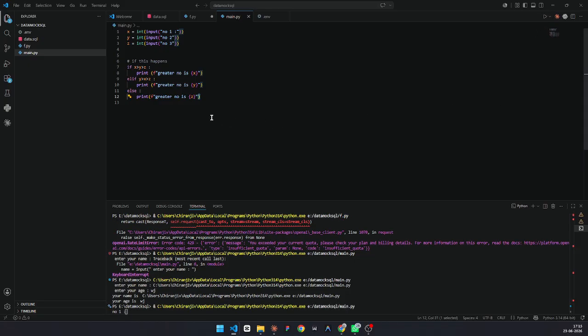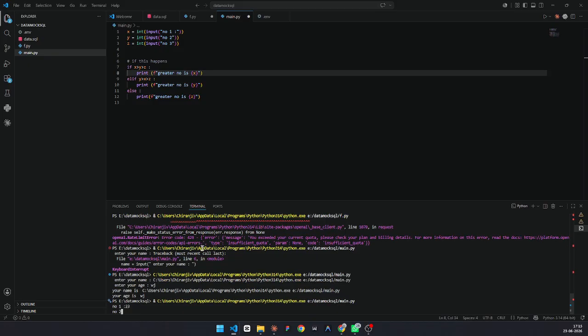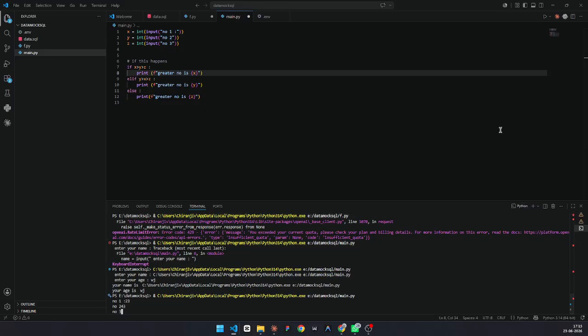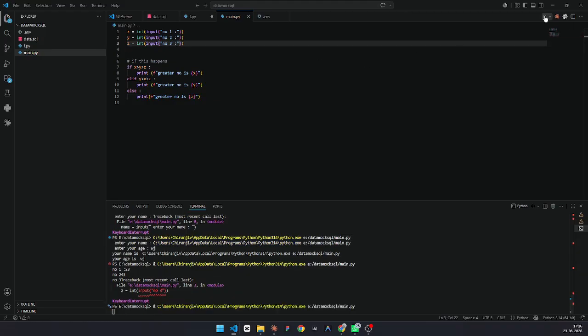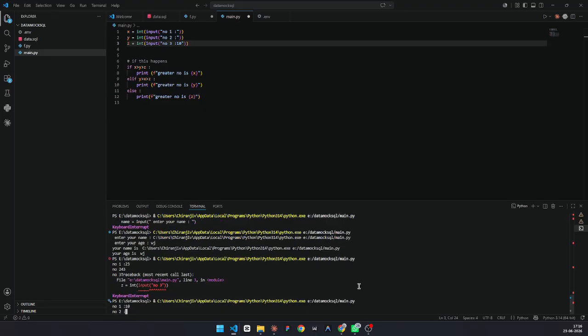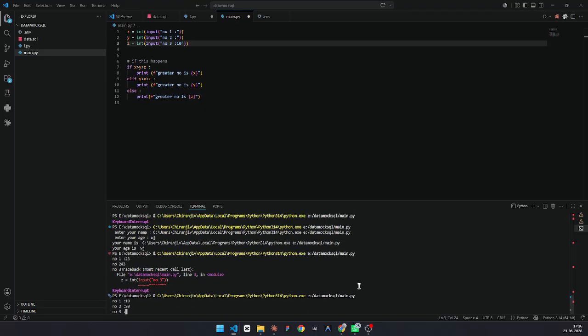Now let's use this thing. Number one, let's say for example 23, 43. Wait, let me just shut off the terminal. Let me just use this ratio symbol to make it much more readable. Okay, now let's go. Let's say for example 10, 20, 9.